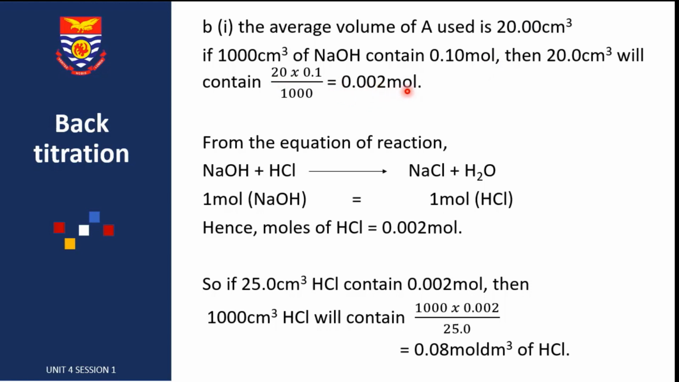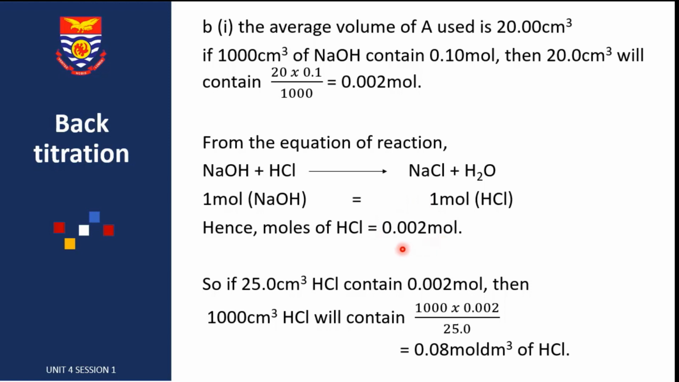So this is the number of moles in the 20 cubic centimeters that reacted with the small volume of the acid as well. So we come to an equation of reaction between those two species, the acid and the base. And from the equation, the mole ratio is 1:1. If the mole ratio is 1:1, it means the number of moles of the base will be the same as the number of moles of the acid, which is 0.002